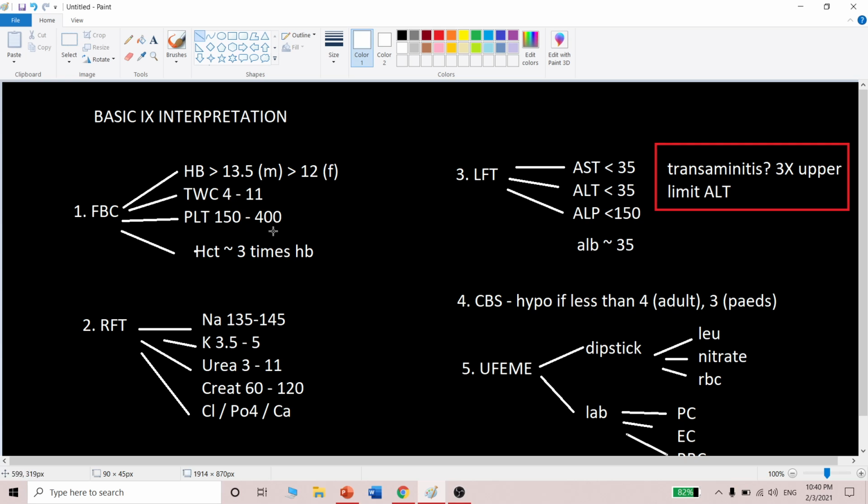Alright, okay, and then your hematocrit is your kepekatan darah. Okay, usually dia adalah 3 times you punya hemoglobin usually, right? Dan of course untuk dengue patient you need to have you punya cut off point bila you nak kata hemoconcentration. Alright, itu usually macam untuk female kita ambil more than 40, untuk male kita ambil more than 46 if I'm not mistaken. So roughly around that lah. So kena tahu how to interpret your FBC.